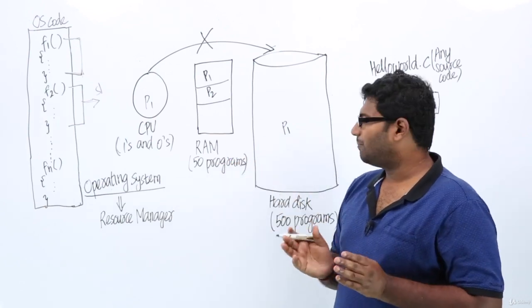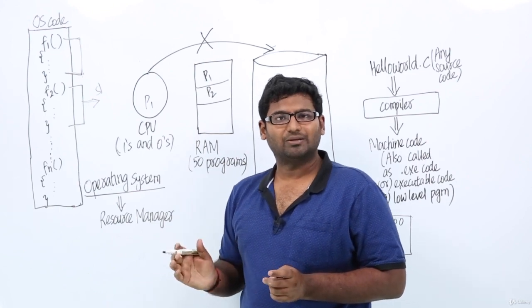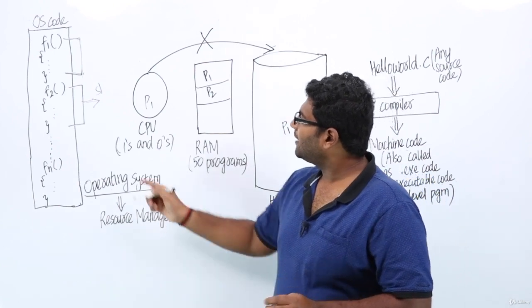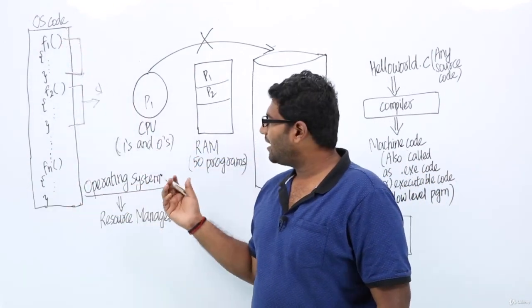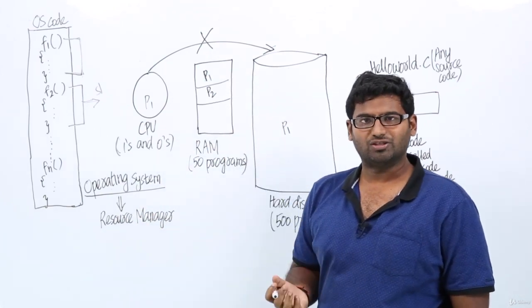So the important point you need to notice from this video is that the main functionality of operating systems is resource allocation or resource management. Both are the same. An operating system is code which will have a lot of functions, and the main functionality of the operating system is nothing but resource allocation or resource management. Fine.